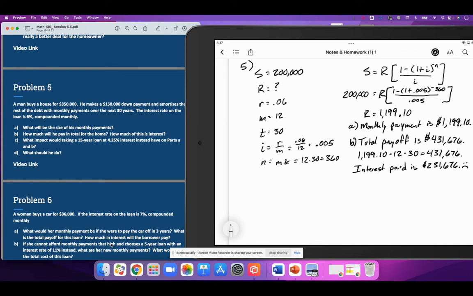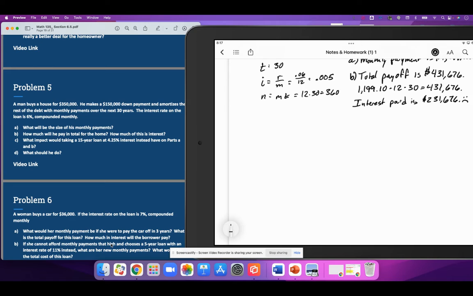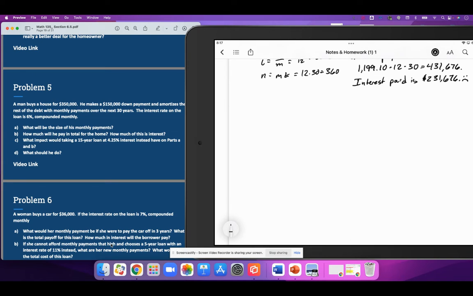C. What impact would taking a 15-year loan at 4.25 interest instead have on parts A and B, and what should he do? And so let's take a look. We're going to have to do our new CERMTN down here. So CERMTN,